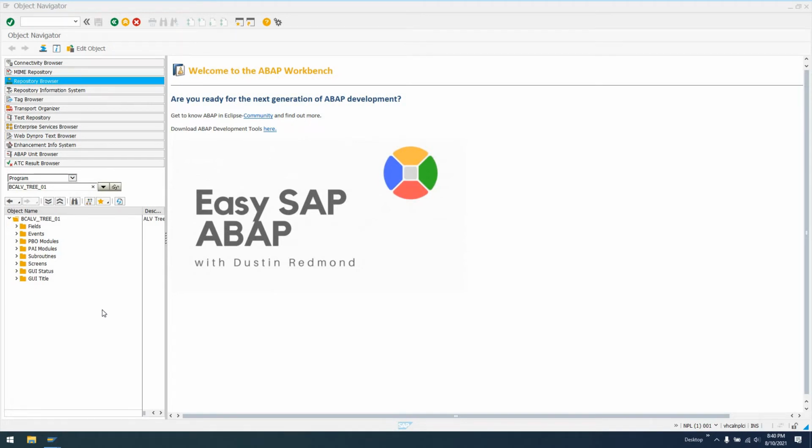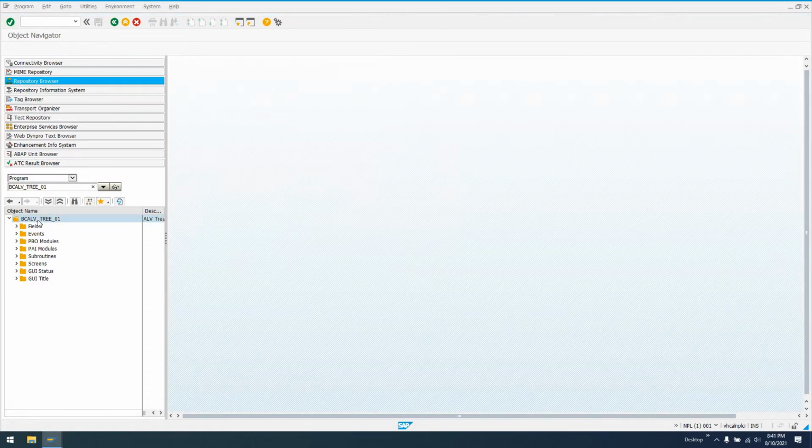In my last video, I showed you guys how to add event handlers for the CL_SALV_TABLE class. And I mentioned that if we wanted to add a custom button, we had to have a GUI status. Now, when you're running the full screen CL_SALV_TABLE, you do have to have a GUI status. But if you were using a different class and not in full screen mode, this is a little more